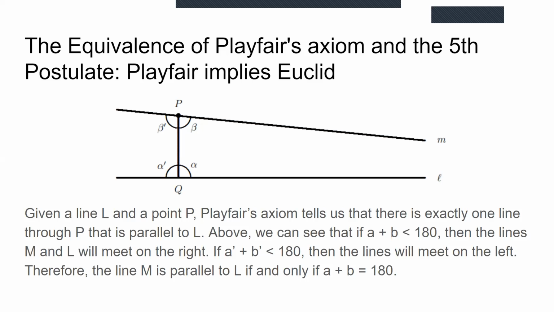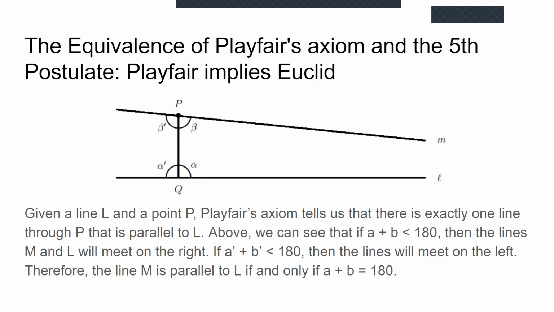And this seems a little circular, but there are some nuances where if we reorder the way in which we do things, we can use Playfair's axiom to imply the parallel postulate. Above we can see that if the two angles alpha and beta are less than 180 degrees, then the lines M and L are going to meet on the right side. And if alpha prime and beta prime are less than 180 degrees, then the lines are going to meet on the left side. And so that tells us that